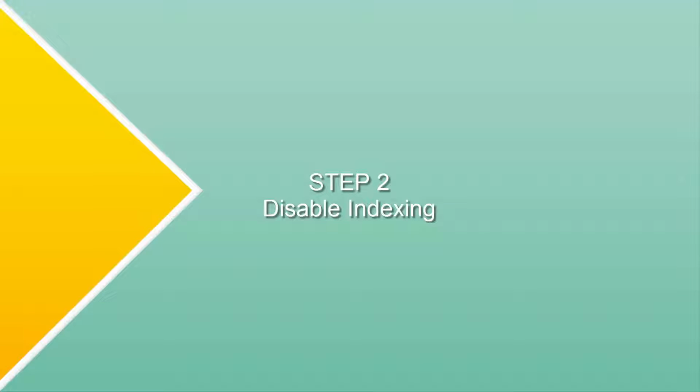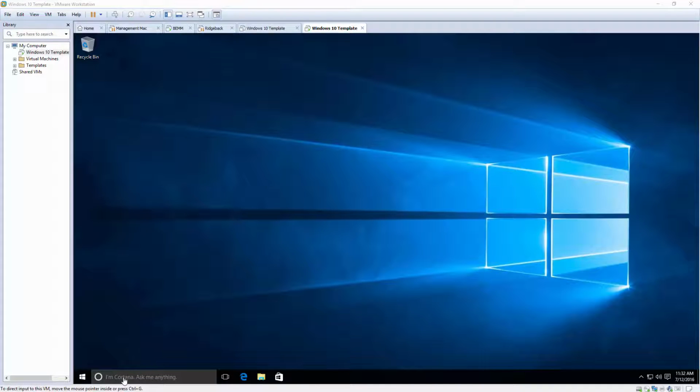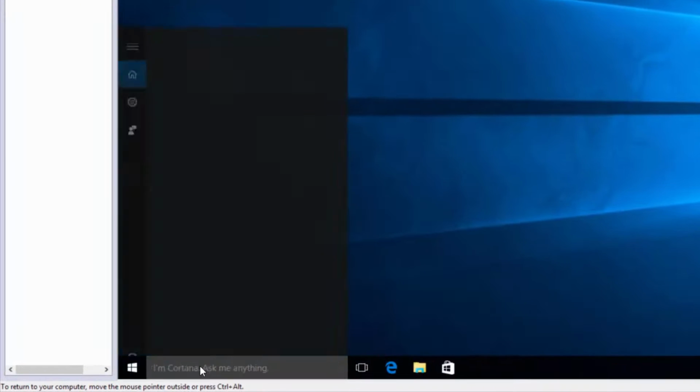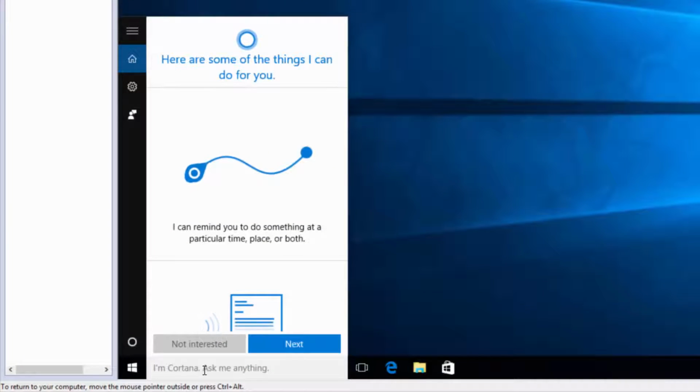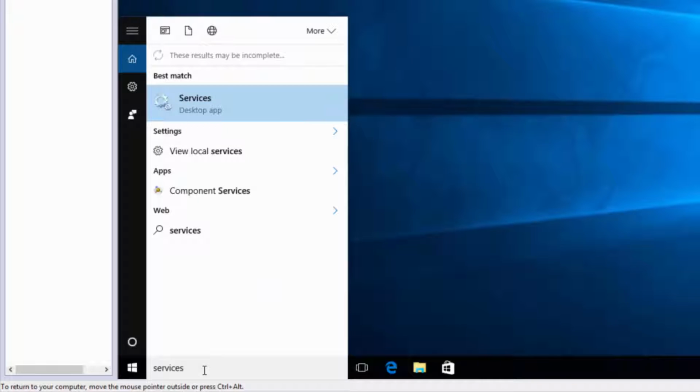The Windows indexing service is used to optimize the file search process. This service can also hinder drive performance, so the next step is to disable the indexing service. You'll want to start by clicking on the Cortana search bar area. Type in Services. This will bring up the Services desktop app. Click on that